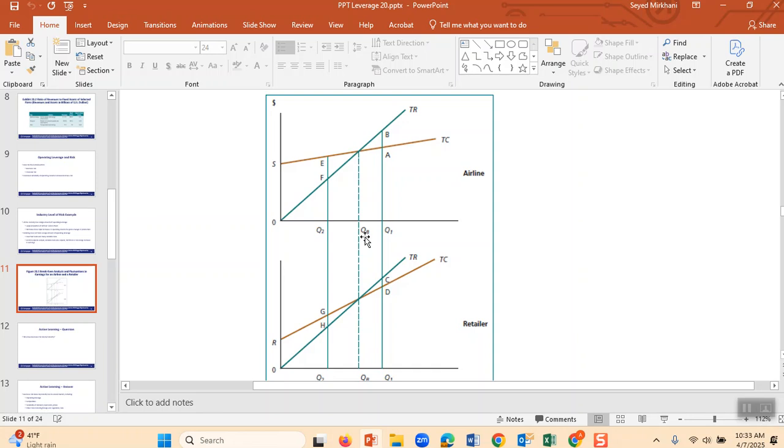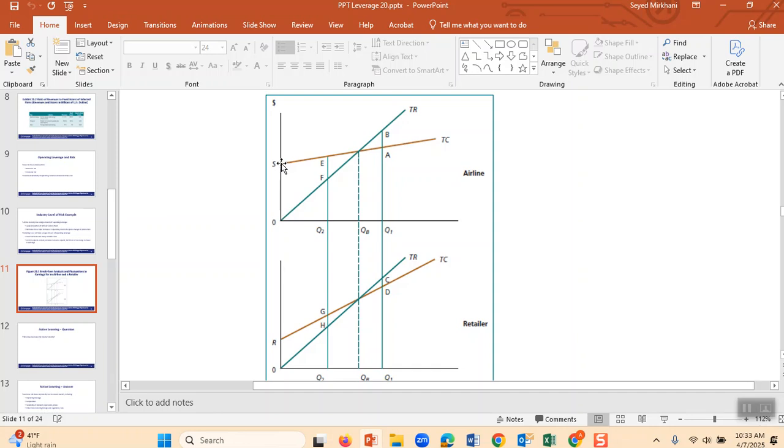Before the airline gets to its break-even point, the green line is the total revenue, TR, at the top. The brown color is total cost, TC. Do you see the total cost of an airline is high?